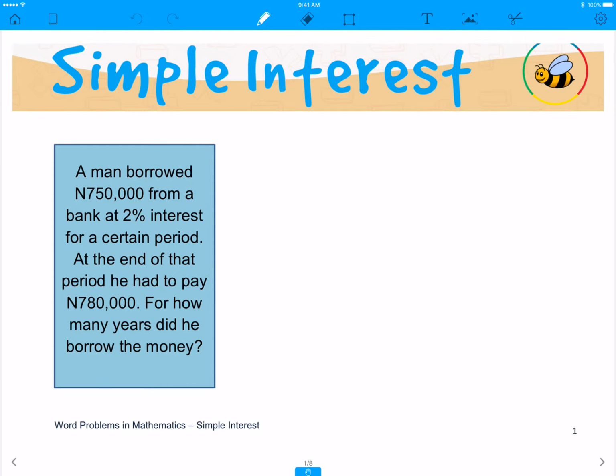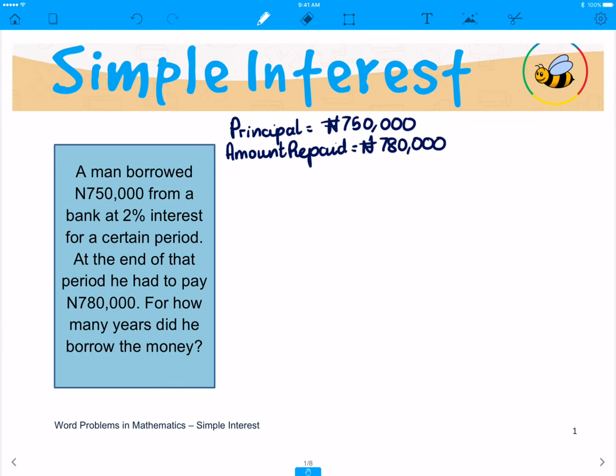So let's put down all our facts and start our calculations on paper. Starting off with the first thing we are told, the principal amount is equal to 750,000 naira. The amount repaid was equal to 780,000. Therefore, by deductive reasoning, the interest